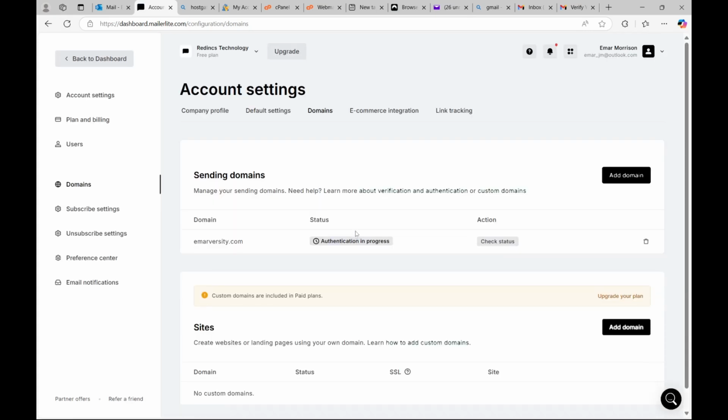However, it will take up to 48 hours before everything is fully active. As you can see, it's saying authentication is in progress. And once this is all set, you should be able to send emails from your